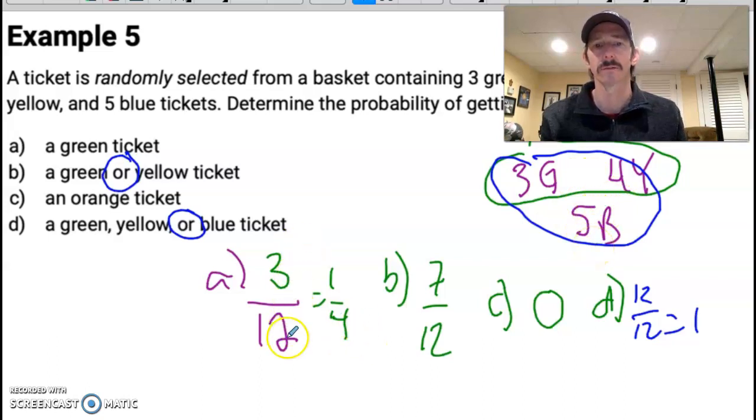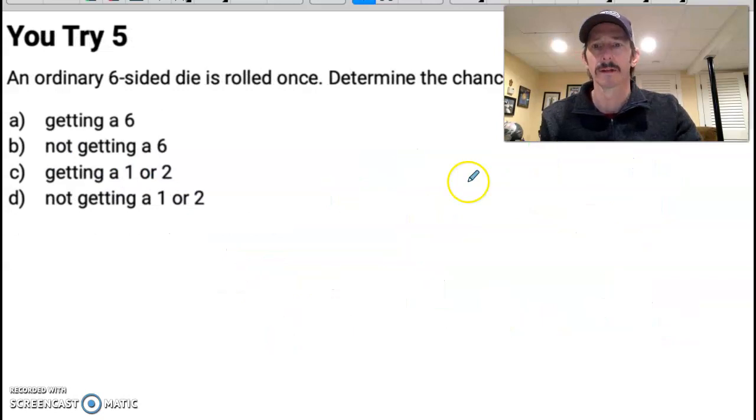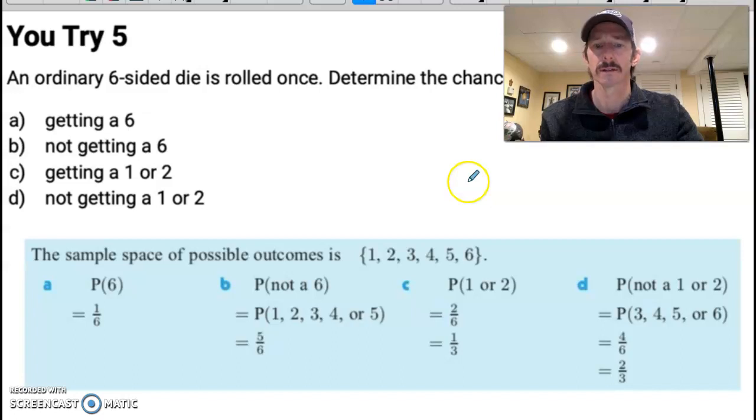I do want to point out on this one real quick over here that if I just look at the green, which I already calculated was 3/12, and I look at the yellow, that's 4/12, it is not a shock that those add up. All right, you're going to try this and pause and then check your answers. And here are your answers. Take a look at them, see what you think, because this video just